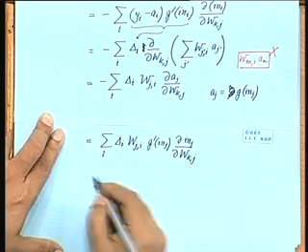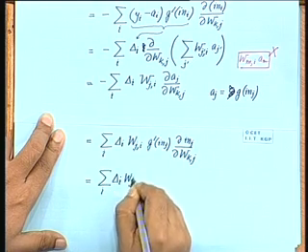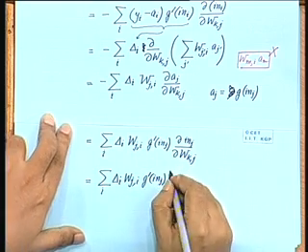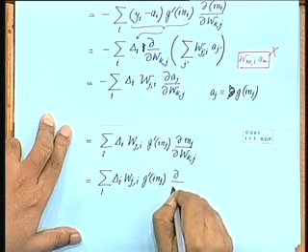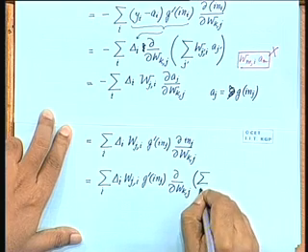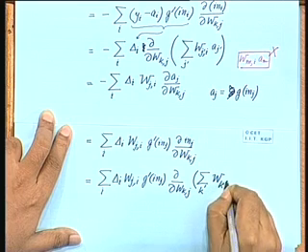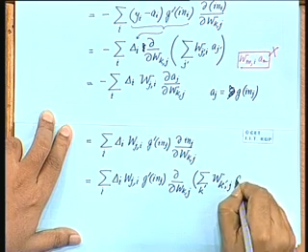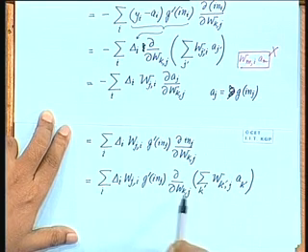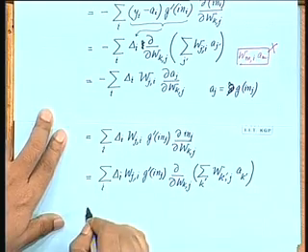What is this in_j? Okay, let me write it down. Sigma over i, delta_i w_ji, g dash of in_j, delta over delta w_kj of sigma over, this time let me write k dash, w_k'j a_k'. Again, out of these only the terms which have k in them are going to come out. So, we will have this as